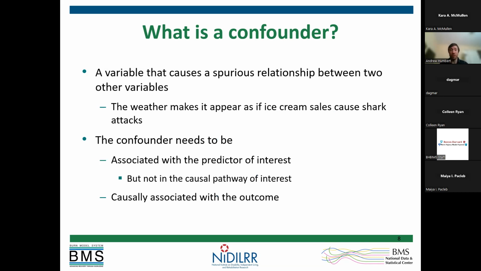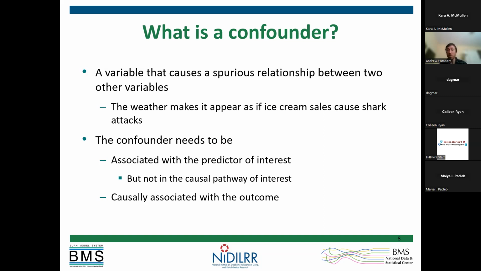In a more statistical sense, what we really want when we're considering a confounder are basically two different relationships to exist in our data. The first is that the confounder really needs to be associated with the predictor of interest. So we need to have a relationship there for it to truly be confounding. If the weather was not related to ice cream sales, we can basically conclude that weather cannot be a confounder. That has to be met. It doesn't need to be causal, but there just needs to be a relationship there. As weather goes up, ice cream sales go up, whether it's causal, which in our case it probably is, or whether it's not.